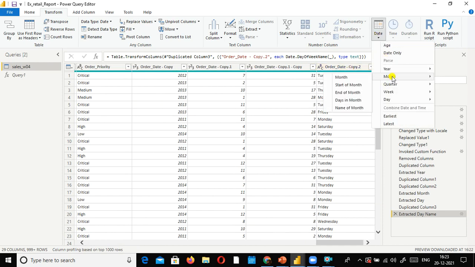With this itself you can extract the year alone, or the start of the year. For example, for 2012, what is the start of the year, and the end of the year, you can find out for the specific year. Let's try this one.